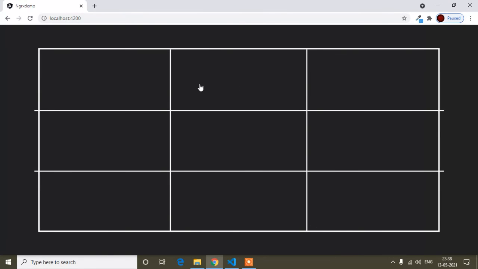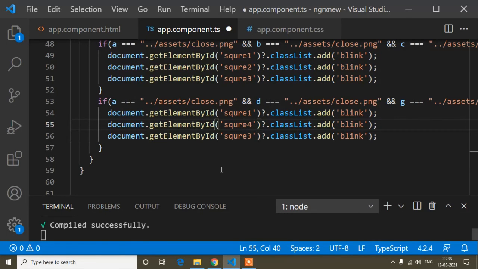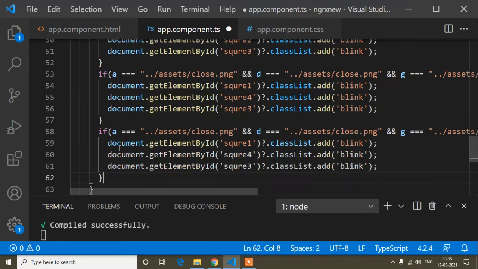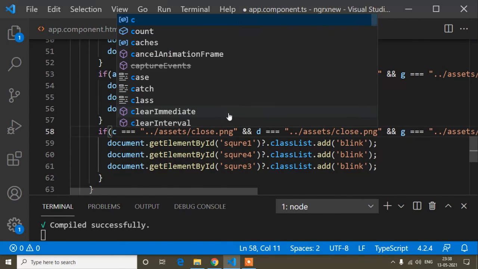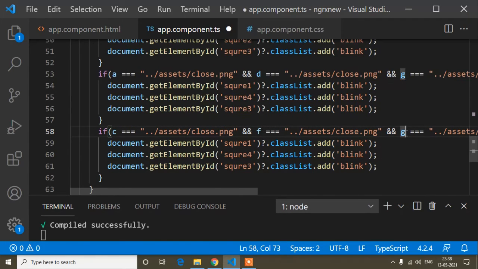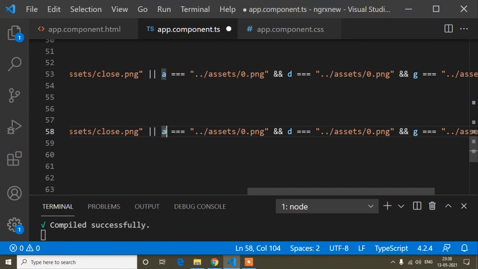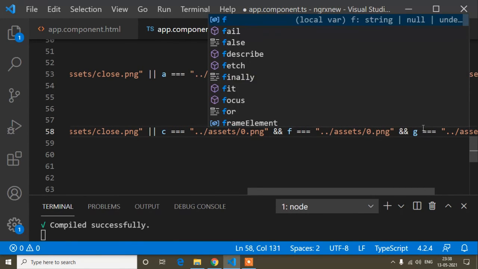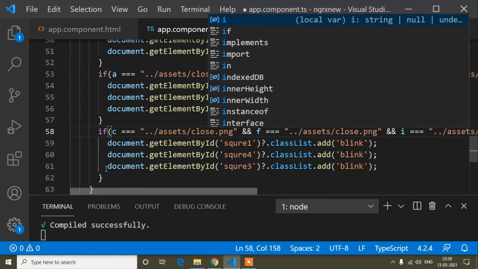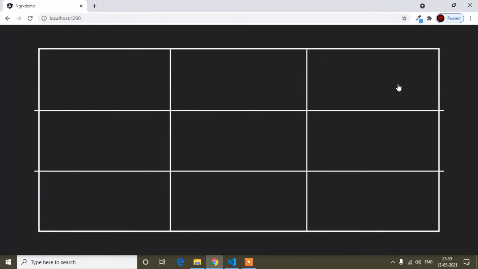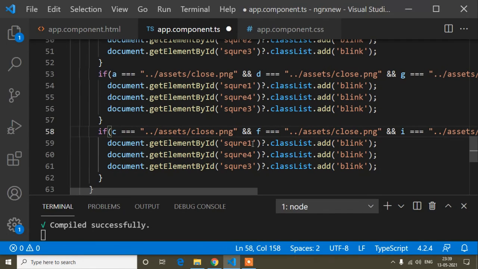Okay, so that is A B C D E F, so A C F I G H I. Okay, so now C F I. I will copy this one, and here I will paste and change it to C F I. CFI means the square box ID is 1 2 3 6 9, so 3, 6 and 9. Save. Okay, so this is done.